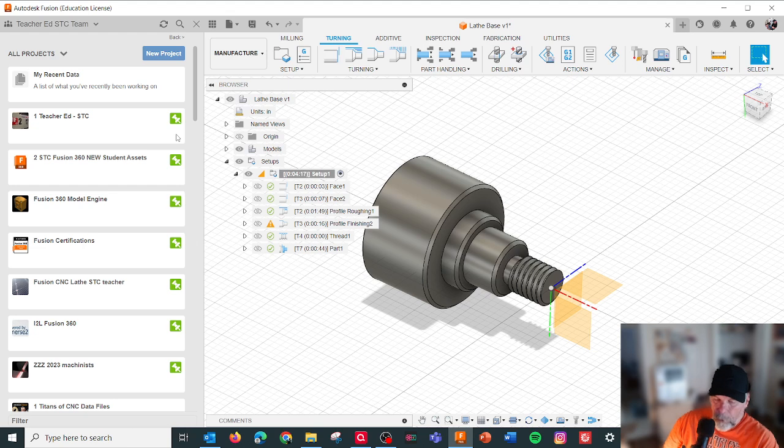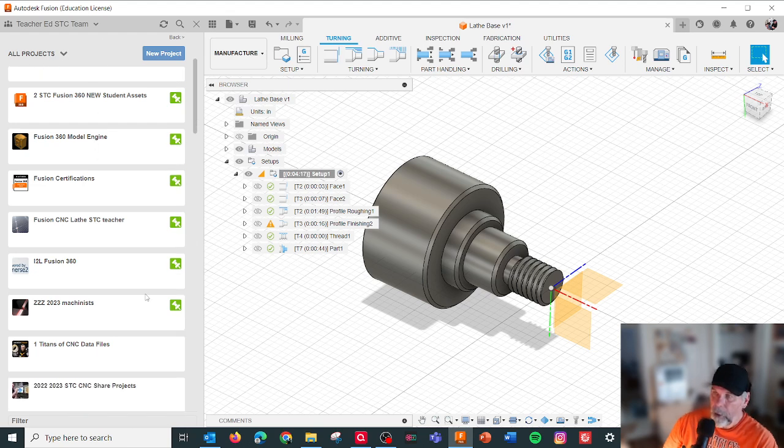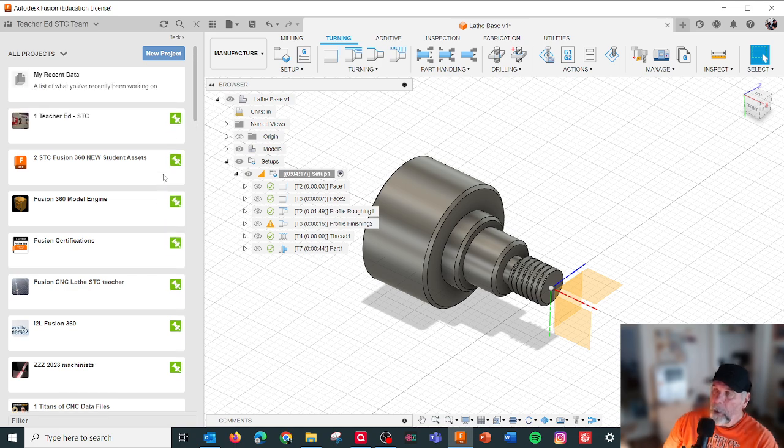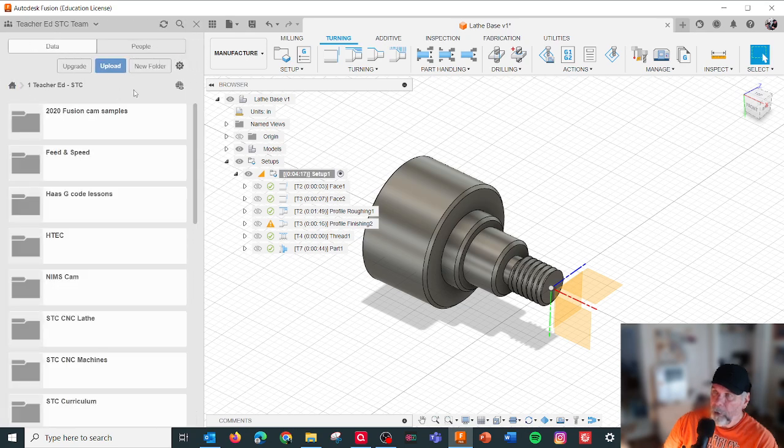Okay, let's go back to the team. So I've shown you the teams. There's a couple ways you can work with teams. I prefer working in here because if I'm going to do a demo or look at students' projects or help students, I'm going to do it on my computer, not their computer. So I'm working out of here. But if you actually click on a file and you click on this,